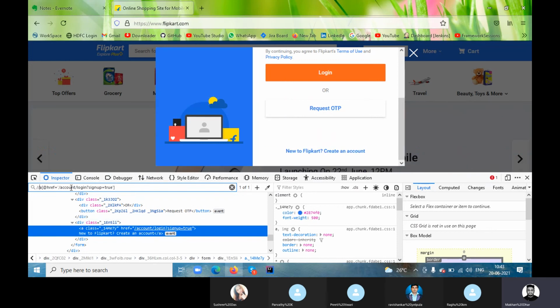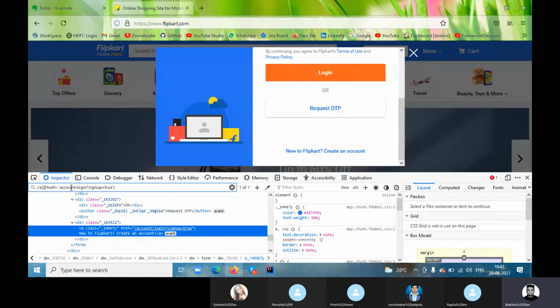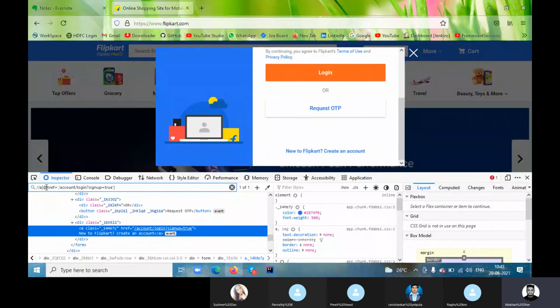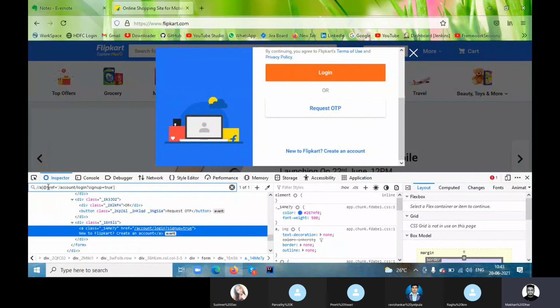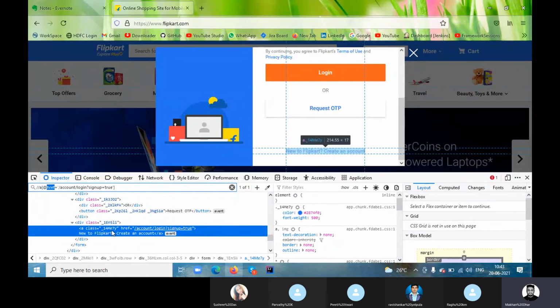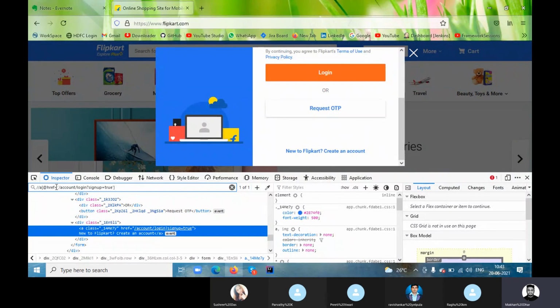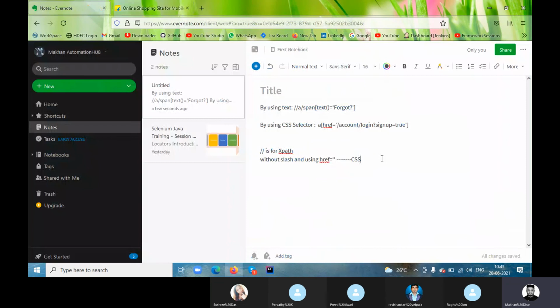For XPath you have to start with double slash, then the tag name, and bracket start, and the @ symbol before the attribute. We have seen for a few, right, we use at the rate. So this is for the XPath. I'm saying this is an XPath example.